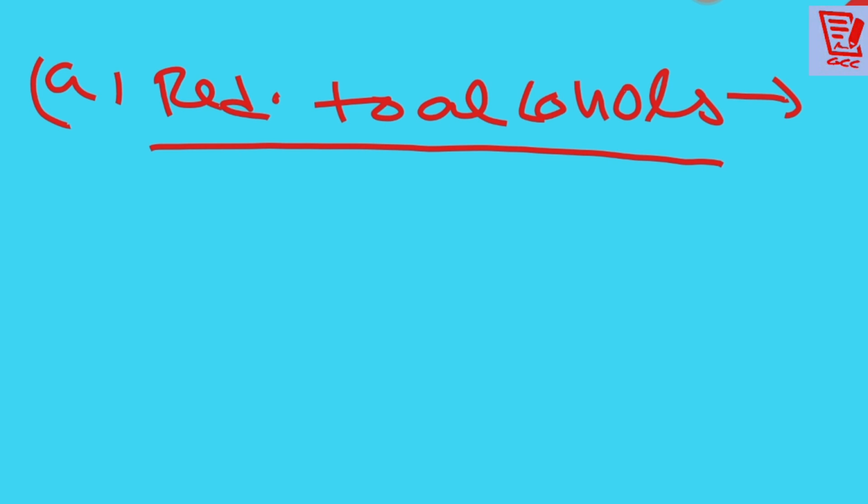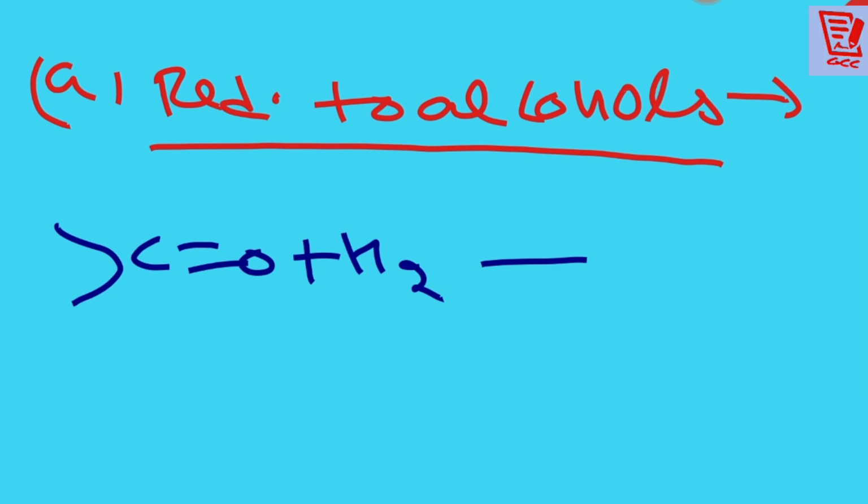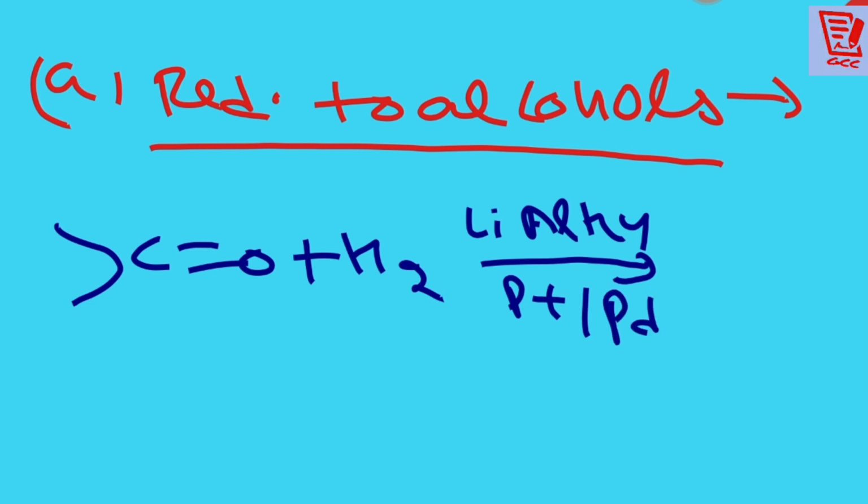then what do we have to do in this? Pay attention please, we have already done this. Aldehyde is there and ketone is there. We are just adding the reduction to the alcohol. This is a carbonyl group. Now we are adding H2 in the presence of lithium aluminium hydride, platinum. Already we have done this in the preparation of alcohol, I think. Then this is a C double bond O.